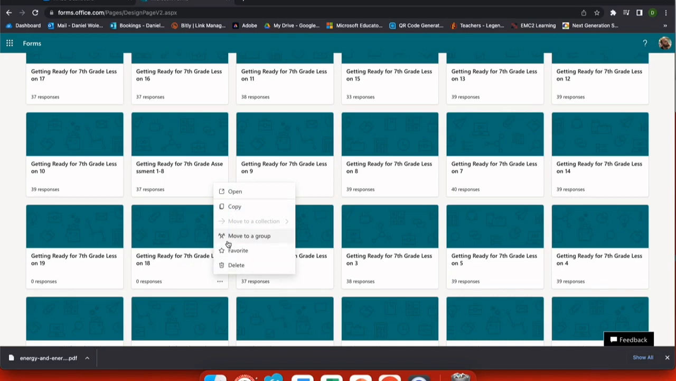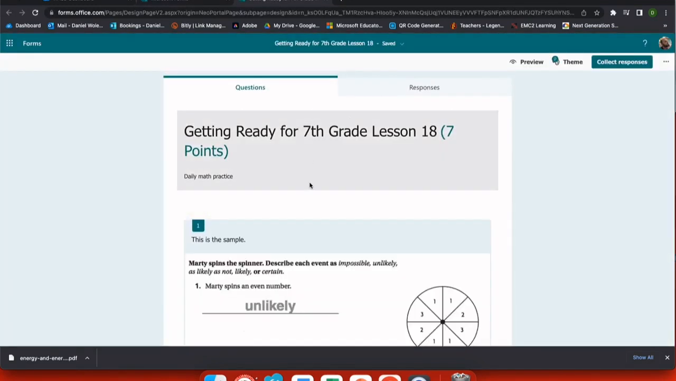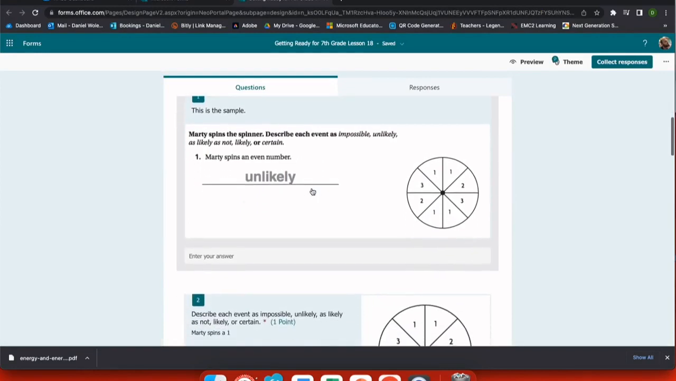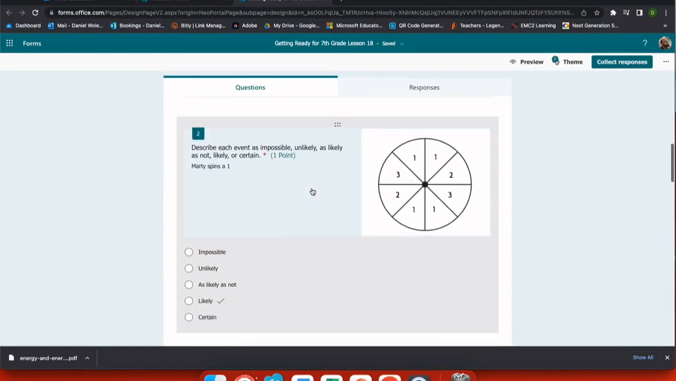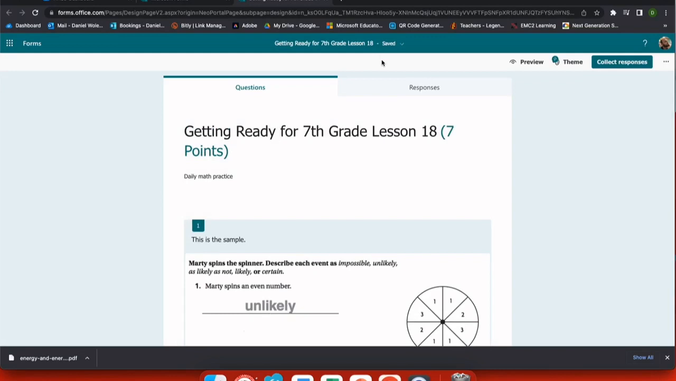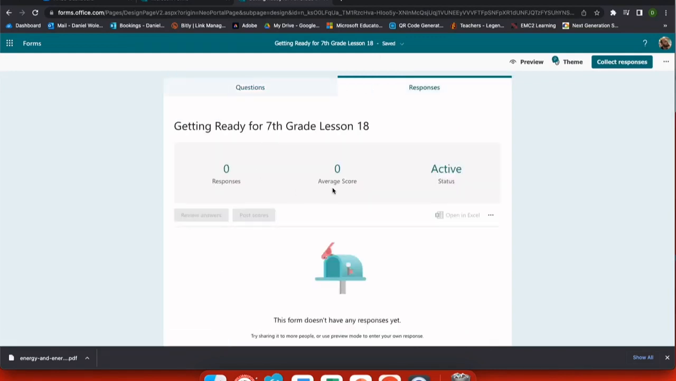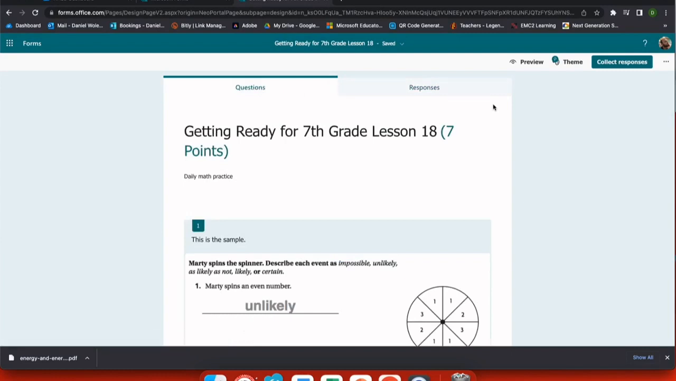When you choose the ellipses, you can move it into a group to be easily found later. You can also favorite it. Let's go ahead and open one and look to share it. You can see here that my form is created previously by me for one of my math lessons. Now that I'm in the teacher dashboard, where I can see all of the responses and questions and edit them,